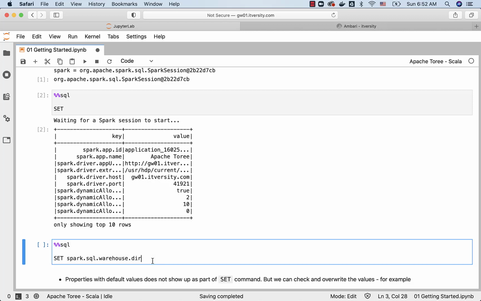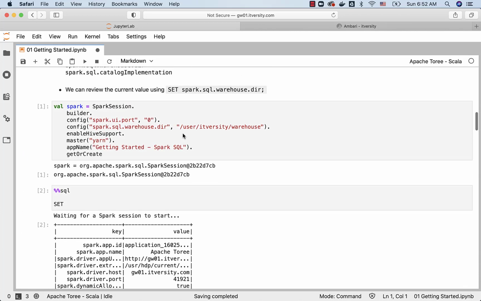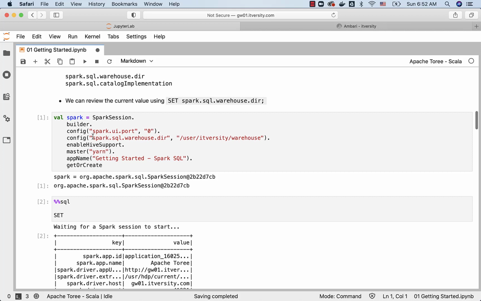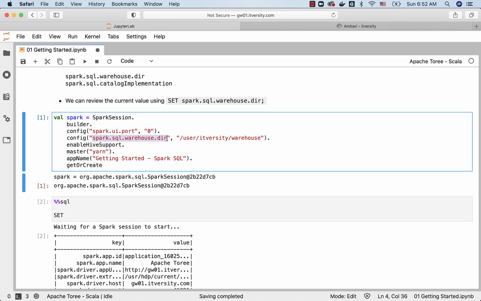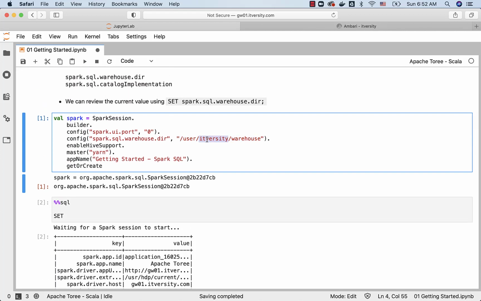If you want to get more, I'm not 100% sure how to override this, but there should be a way of doing that. If you want to see the property for spark.sql.warehouse.dir, you can run this, and you can see that it is set to the user itversity warehouse. It is because while creating this Spark session, I am setting the value for spark.sql.warehouse.dir to this value, and that is what is shown here. In your case, you have to replace this with your OS user, and then you are good to go. Don't use $USER, it will not work here, because this is Scala code, not Linux command or Linux terminal. As it is Scala code, you have to either hard code like this, or you have to know how to pass the OS username to this.